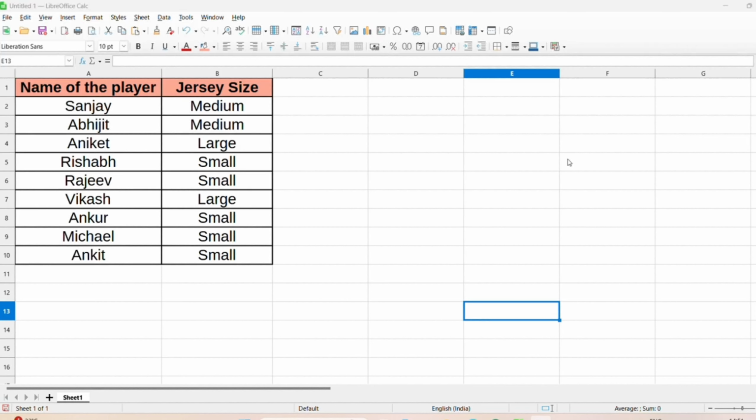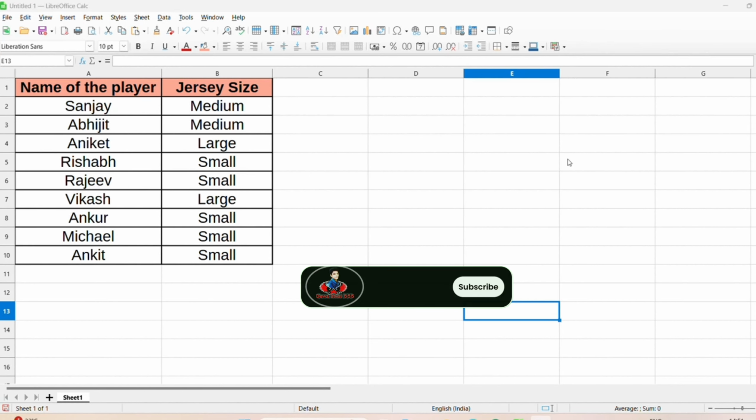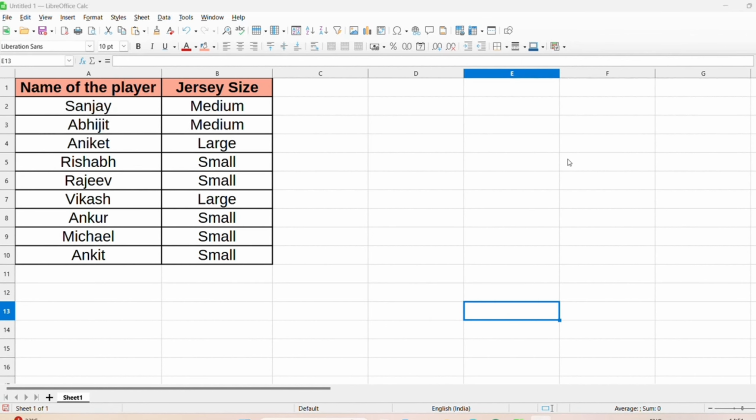So today I'm going to tell you how we can use the subtotals option in Calc. The subtotal command is used to automatically create groups and apply inbuilt functions like sum, count, average, etc. to summarize data. For example, the subtotal command can be used to calculate the number of jerseys of different sizes